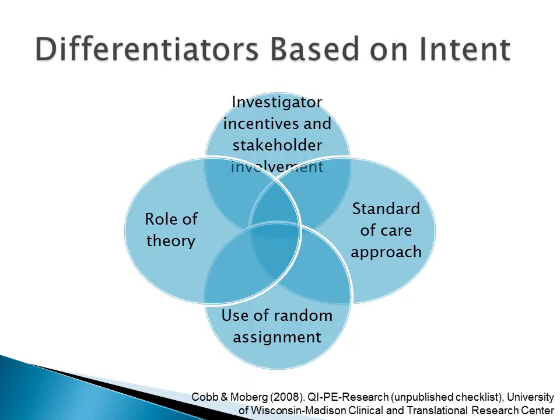So what are some of the differentiators that I'm using to determine whether something falls into the quality improvement bucket or the program evaluation bucket or the research bucket? These are four suggestions. This is not all cut and dried at this point. I think this is still an evolving discussion. But these are some of the things that our local IRB does look at in order to make those determinations.